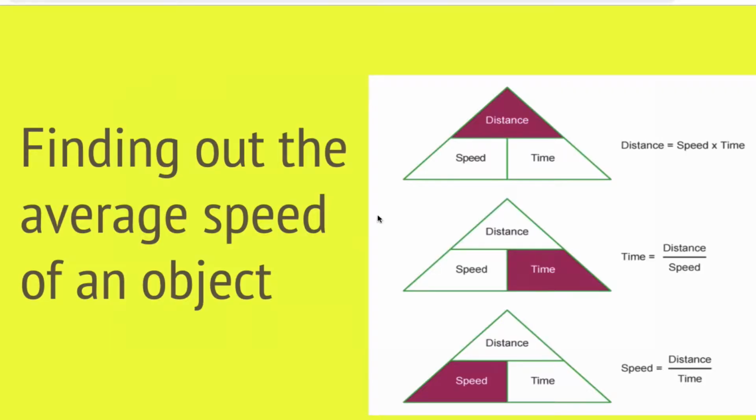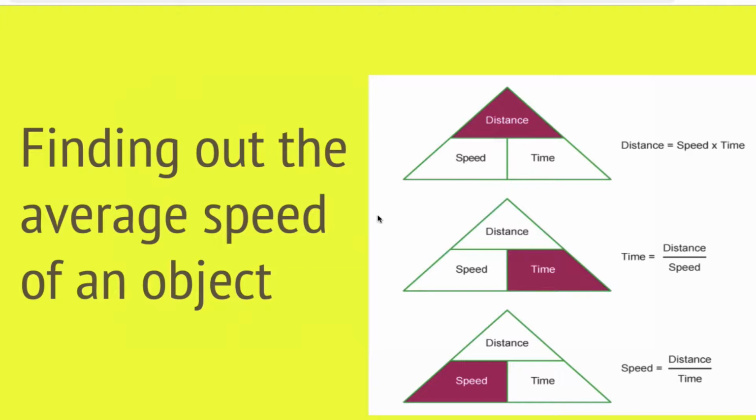To find out the average speed, and it is average, not the speed of every part of the journey, of an object, if we know the distance travelled, we can divide it by the time it's taken. Exam questions could ask you to calculate either the time, the distance or speed, so we can use this